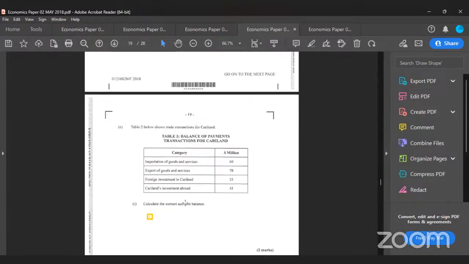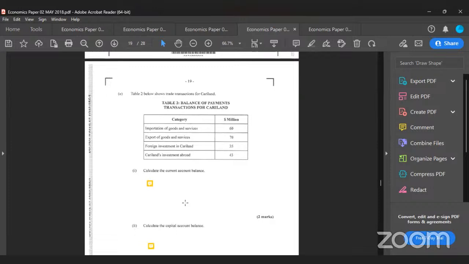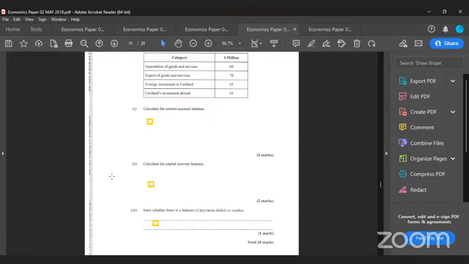So we tabulate that, and we understand that we have a surplus balance because we have 10 here in terms of the money that we're getting from our net exports. And in terms of capital flows, more money is actually going to investment abroad. More money is actually flowing out than flowing in, right? However, because the excess is greater than this, we still have a surplus.